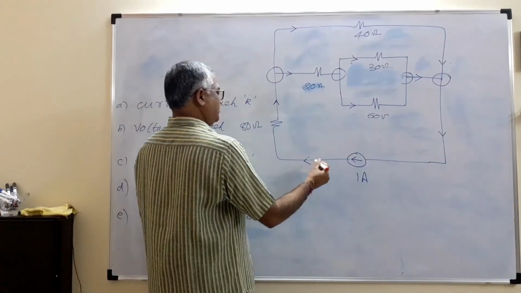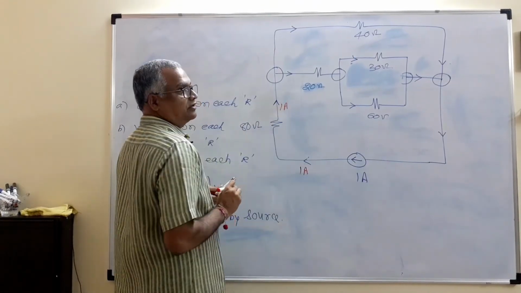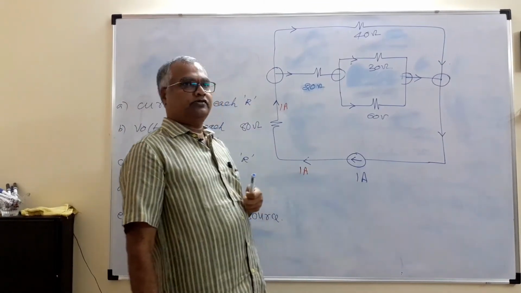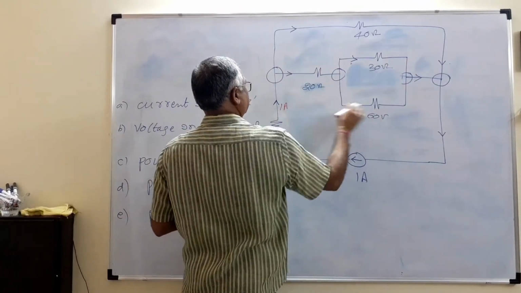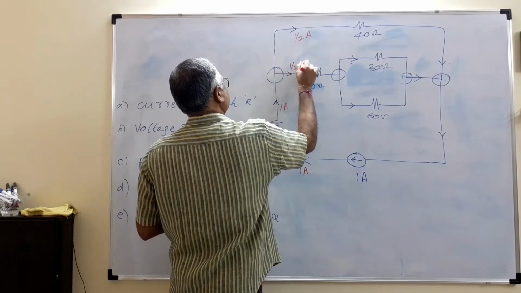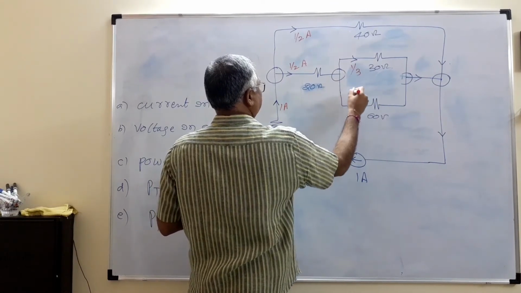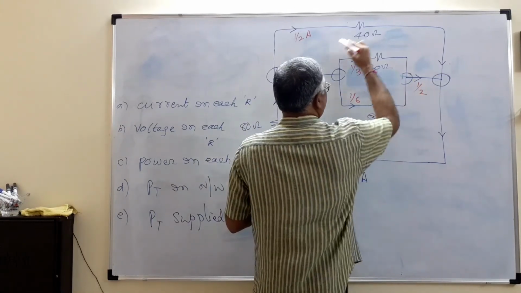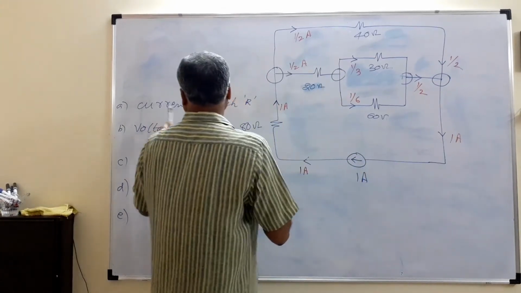1 ampere, right? So how much will flow here? 1 ampere. After the resistor, 1 ampere, same current. Here R equivalent, no need to find because we already know the current source. So this 1 ampere divides between 40 and this equivalent. This equivalent is anyway 40, so 1 by 2 will go this side, 1 by 2 will go this side. This 1 by 2 divides using current division, 1 by 3, 1 by 6, 1 by 3, 1 by 6, which is again 1 by 2, this is again 1 by 2, total 1 ampere. So we answered this.